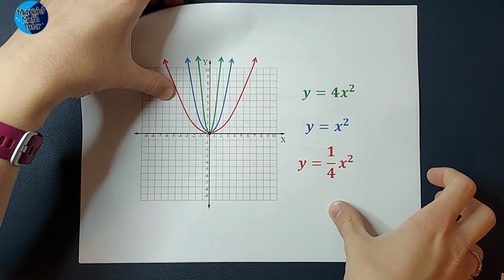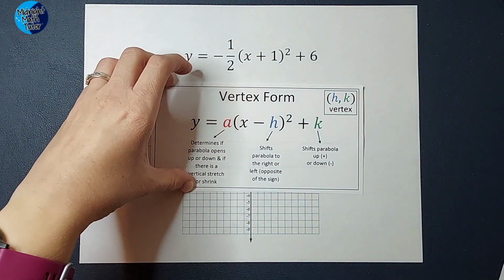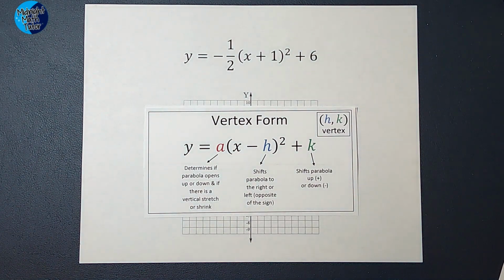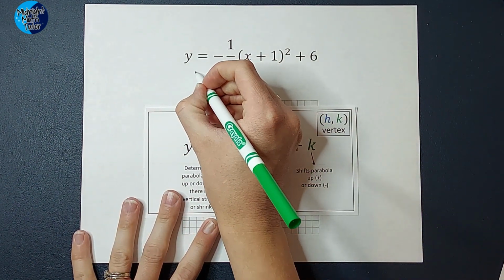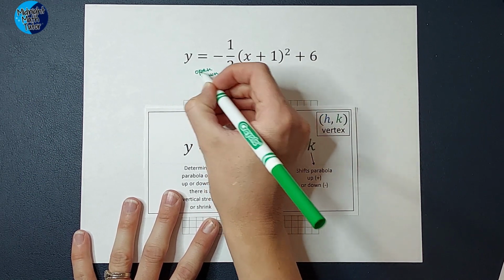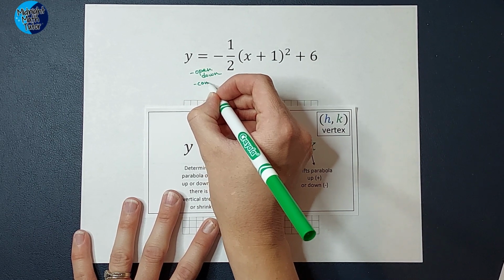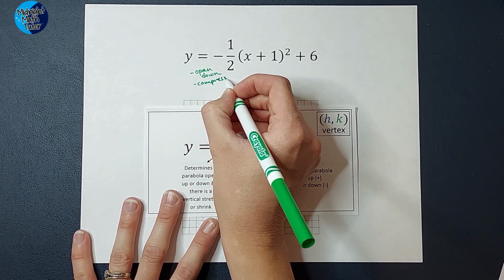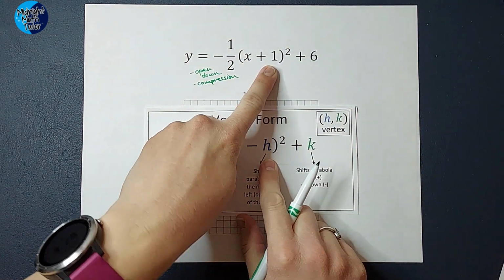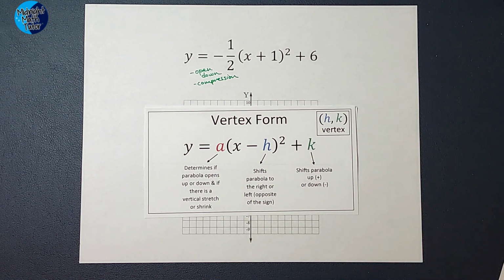So in this case, we have that -1/2 out front. So that tells me that my parabola is going to open down. And also there's going to be some sort of a compression, okay, that we will show when we plug in some points, okay? All right, this number here tells me how much my parent graph is shifted to the right